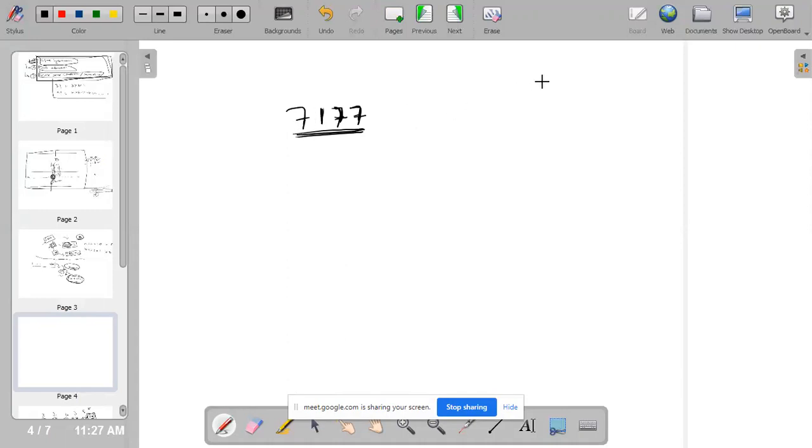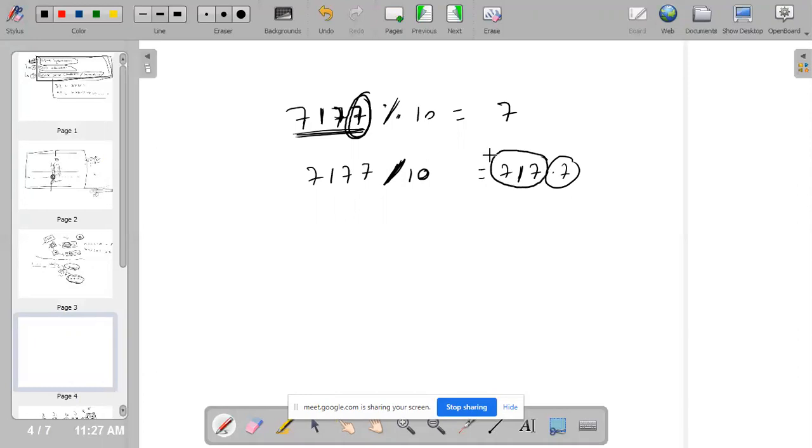If you do modulus 10, it gives you the rightmost digit, which is 7. And if you divide 7177 by 10, it should be 717.7, but the decimal point is removed if it is an int value, so it gives you 717.